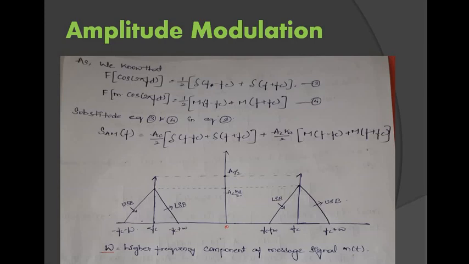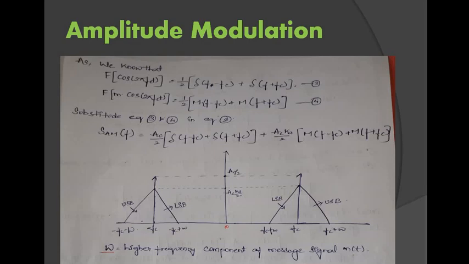And the second one is poor audio quality, because as noise is added, your actual message signal can't be received properly by your receiver. You will also have lower efficiency, because the power used in your amplitude modulated waves is completely wasted in the sidebands. Actually we need only one sideband where your message can be properly moved, but most of the power is wasted in the other sidebands. If only this sideband is used, then the power will be doubled. So that's the reason it has low efficiency also.